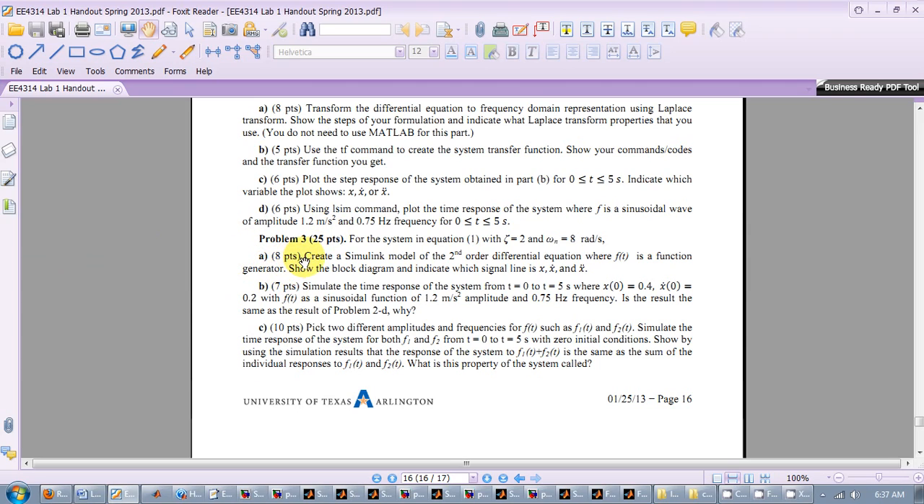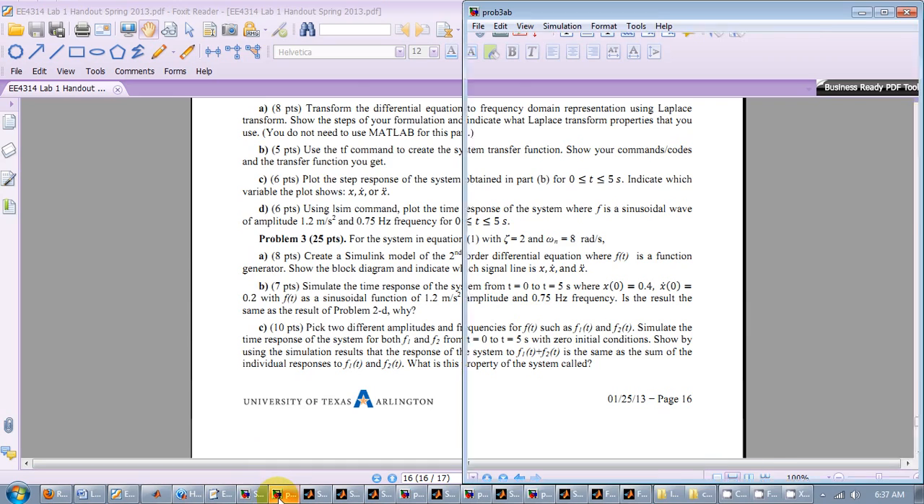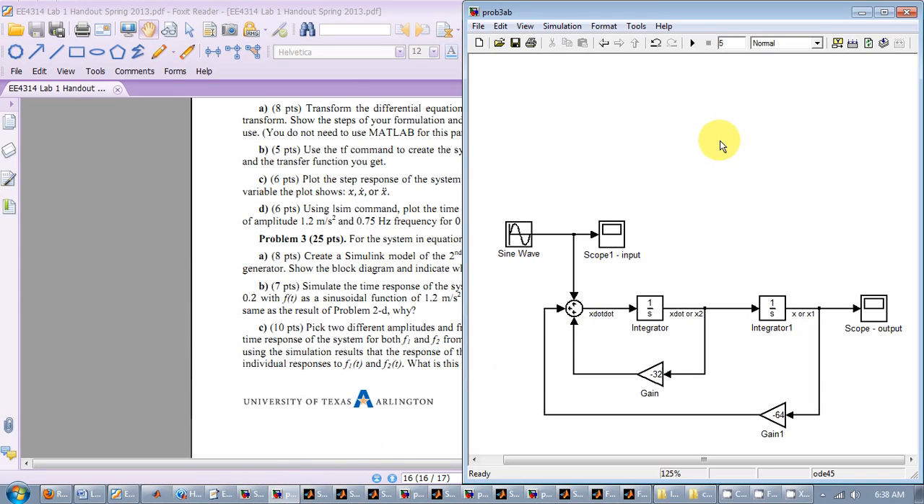For 3B, in 3A we just created the model, we didn't actually run it. In 3B we are going to use these initial conditions and this particular input to run our model from time 0 through 5. So we go to the model, we make sure the running time is set to 5,